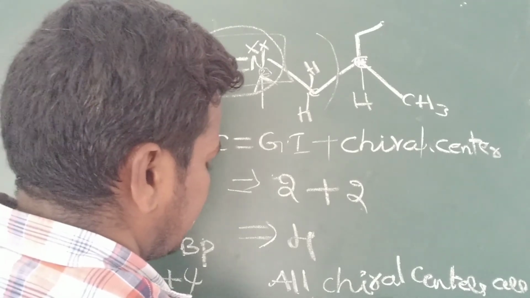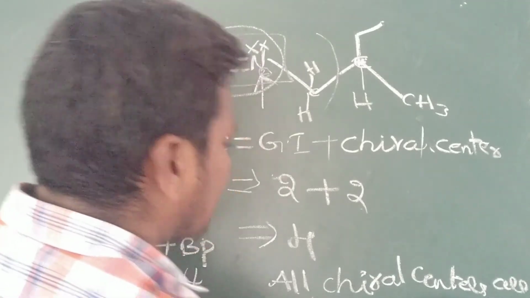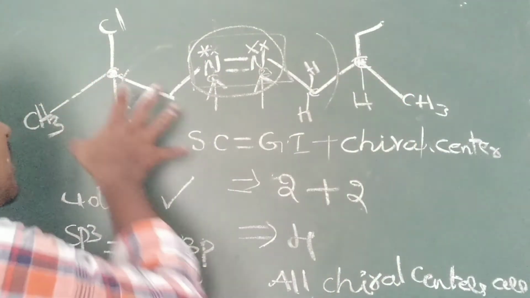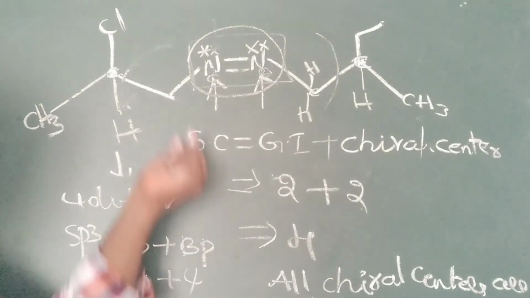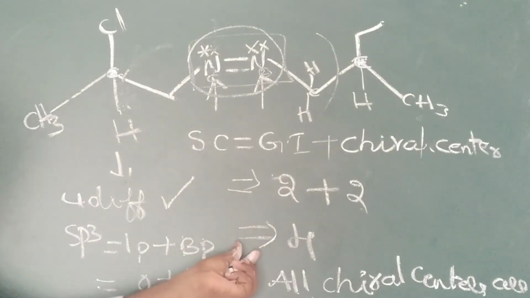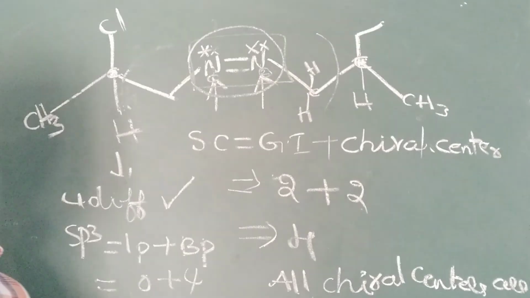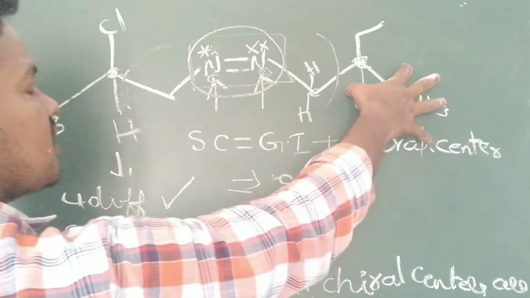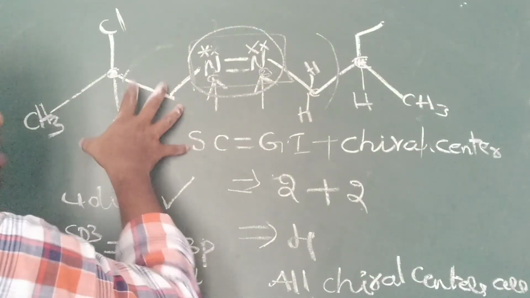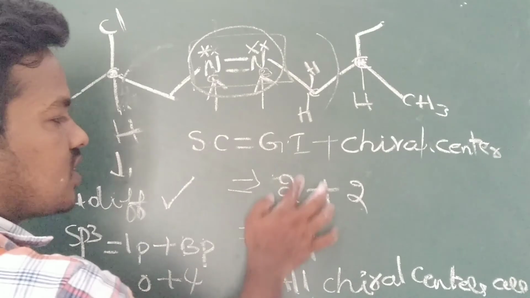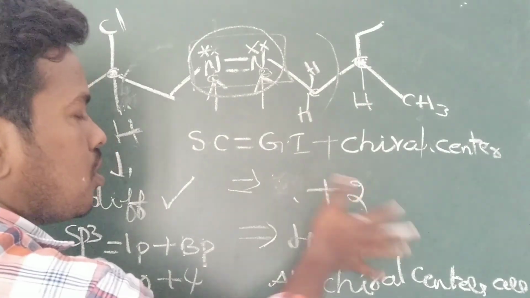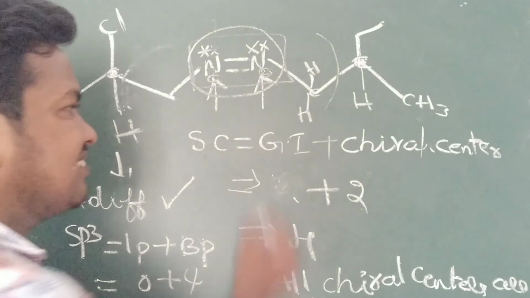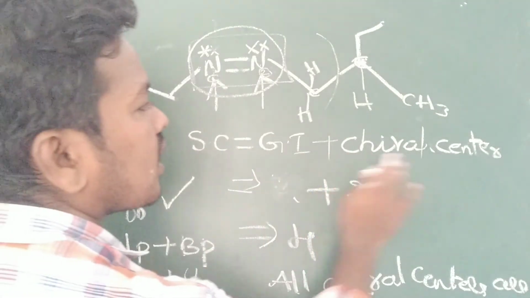stereoisomers. Is it true? The statement they are saying is: all chiral centers are stereoisomers. Of course, whatever chiral centers are there, all chiral centers are exhibiting stereoisomers. For example, in this, geometrical isomerism is not there, so you can take it as 0. It is 0 plus chiral center 2. Then it is called stereoisomerism. Okay, we take the sum of the geometrical isomerism atoms and the chiral centers now.